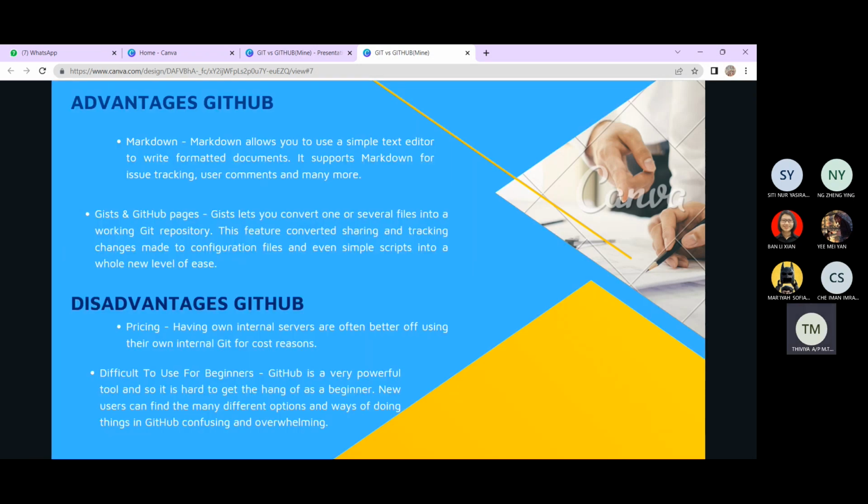Advantages of GitHub is Markdown. Markdown allows you to use a simple text editor to write formatted documents. It supports Markdown for issue tracking, user comments, and many more. And the second one is GitHub Pages. GitHub Pages let you convert one or several files into a working Git repository. This feature takes sharing and tracking changes made to configuration files and even simple scripts to a whole new level